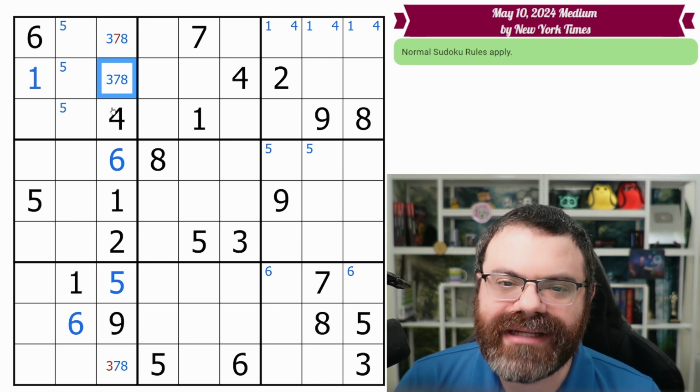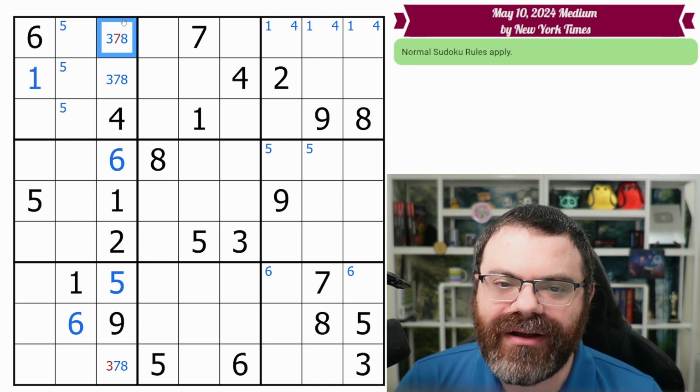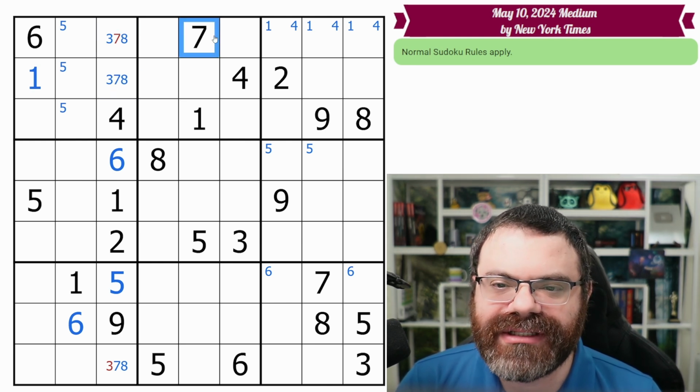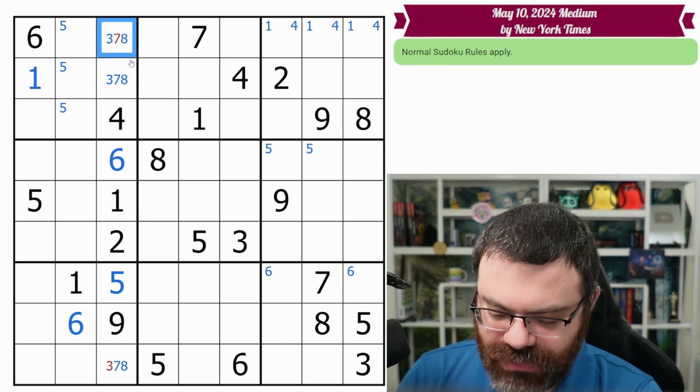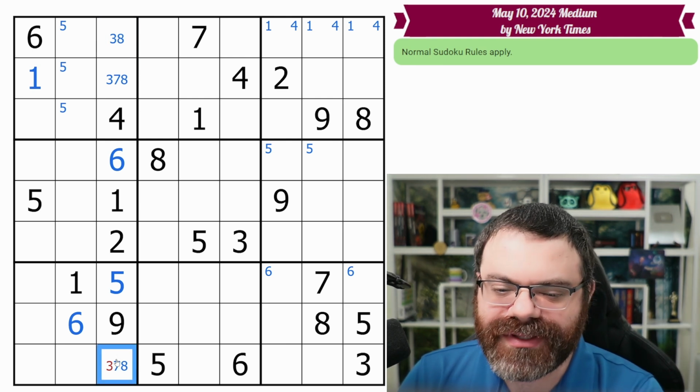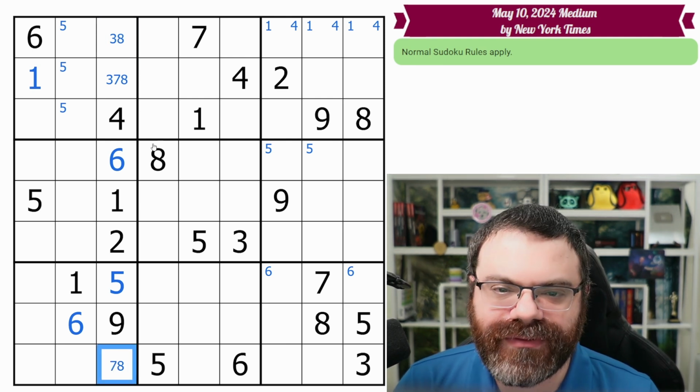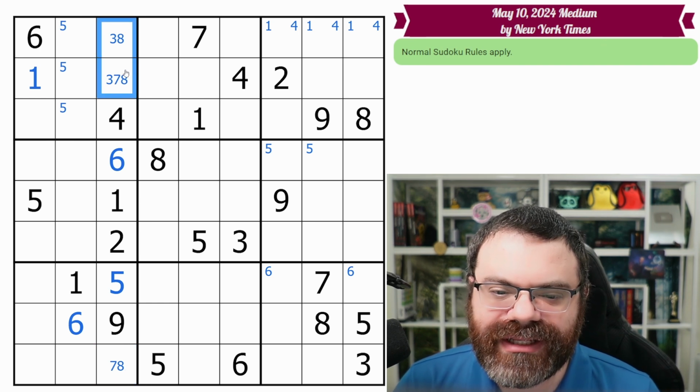And we're trying to whittle down those candidates over time. Now, this already we know can't be 7. There's a 7 in the row. So actually we can remove the center mark for 7. And this one can't be 3, so we're going to remove the center mark for 3. And ultimately what this means is that